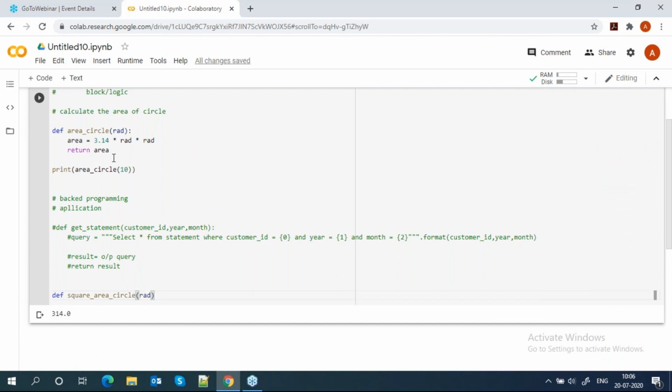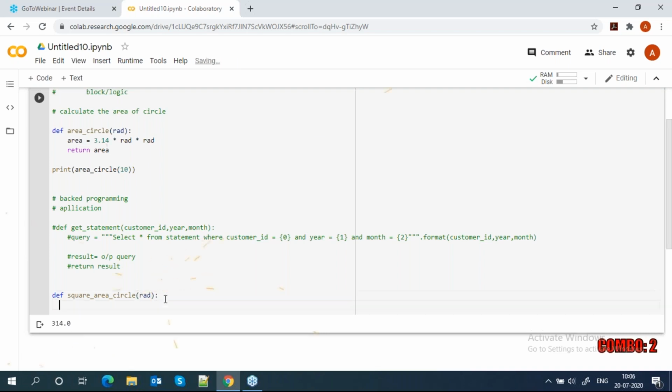Whatever the radius is, whatever the area of the circle, it will be divided by this. It's a simple example of how it is working. Another one, here also like you can say square area. You can see the divide.